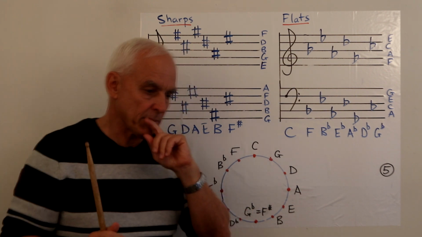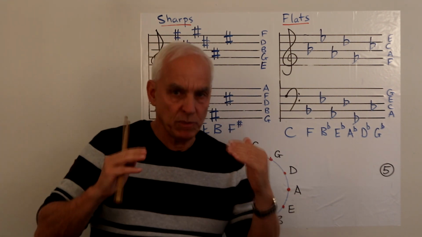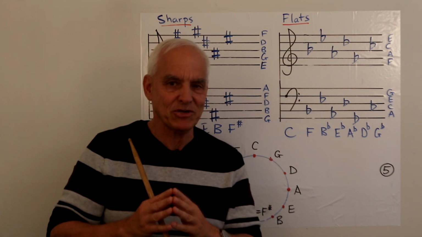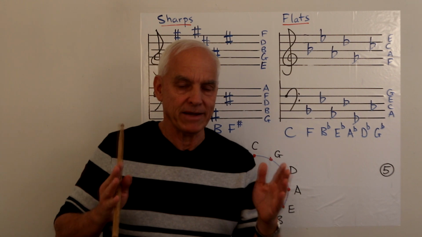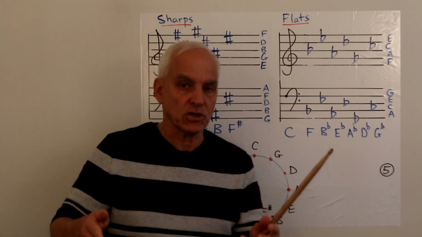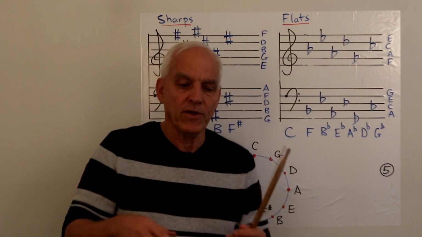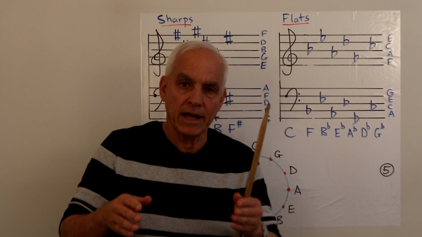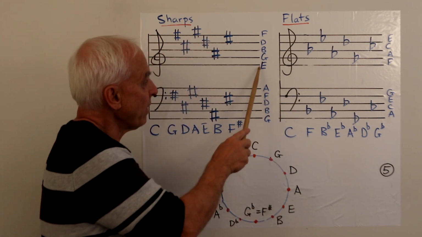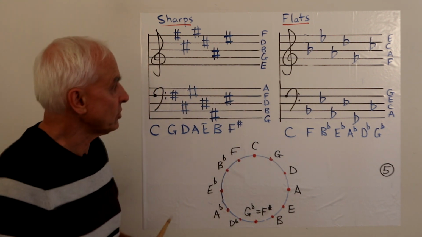So let me just preface it by pointing out yet again that this is very much piano oriented. Okay, this is something that would not occur to an instrumentalist unless they were playing a keyboard. But it's a consequence of the particular architecture of the piano or an organ or harpsichord in terms of black notes and white notes. The white notes are getting preferential treatment here in the sense that the white notes correspond to the lines and spaces in these two clefs.